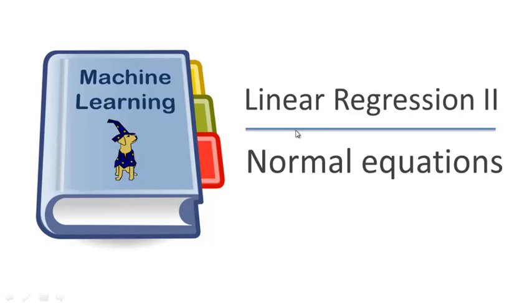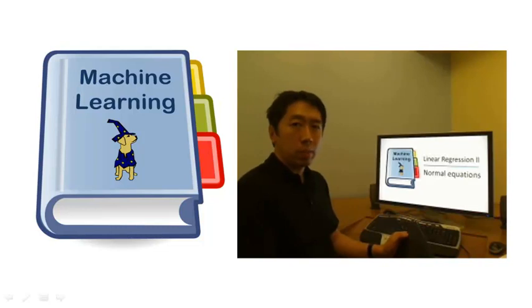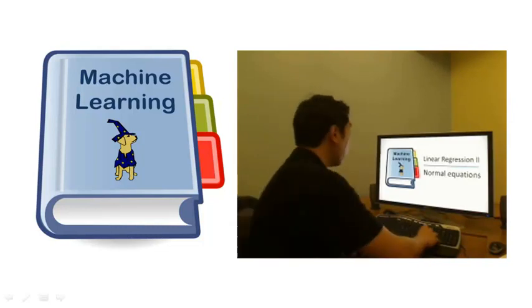In this video, we'll talk about the normal equations. This will give us a much more efficient way to implement the least squares learning algorithm. To put this in context, so far we've been talking about using gradient descent to minimize our cost function J